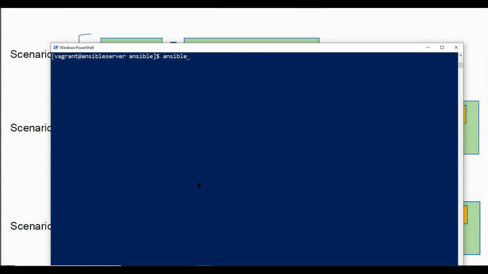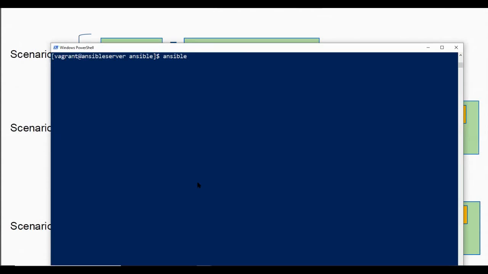Anytime you are going to start writing or running an ad hoc command, the statement starts with the keyword ansible, and then it follows with certain inputs related to where you want to deploy a certain task, what type of task you want to run, which module you are going to use for running that task, what are going to be the arguments supplied to that module, and so on.